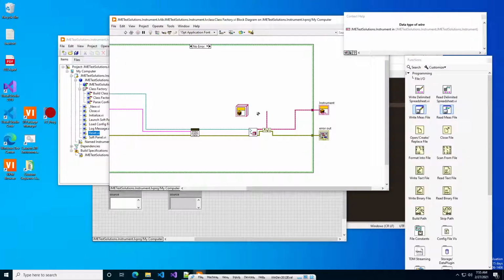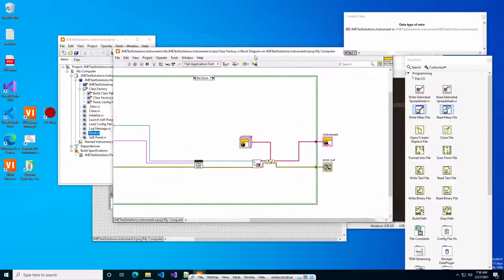And so we cast it to the instrument. Now, what's interesting about this is this doesn't actually change the data of the wire. It just changes the label of the data of the wire. And what I mean by this is that this object, when you start messing with it, it's still whatever the child class you've instantiated is. If you pass this into a function, it will call the children methods for that function, which is what we're